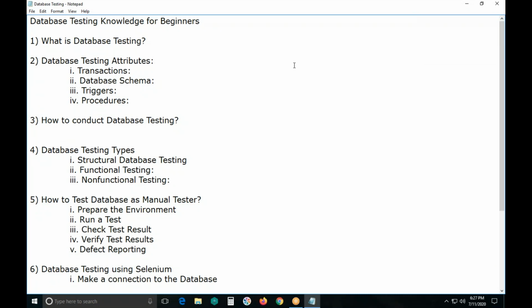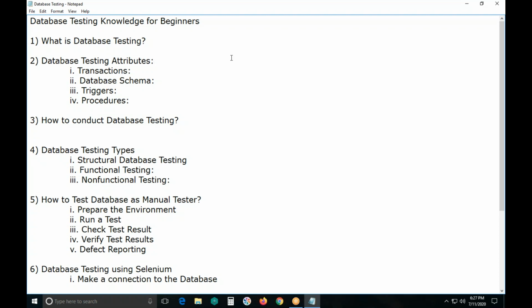Database testing, another name is backend testing. Database is very important for software applications. Databases can store different types of data like numbers, alphabets, Boolean values, etc., and different formats of the data, tabular format, file format, graph format, etc.